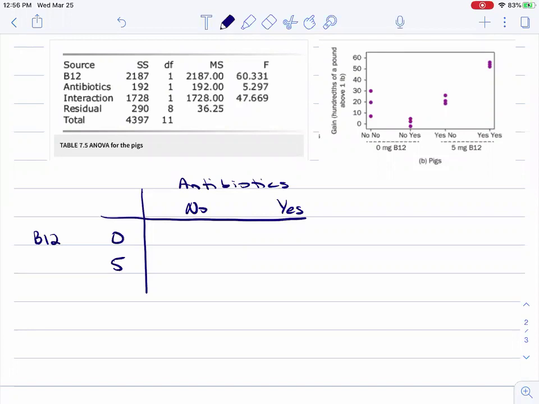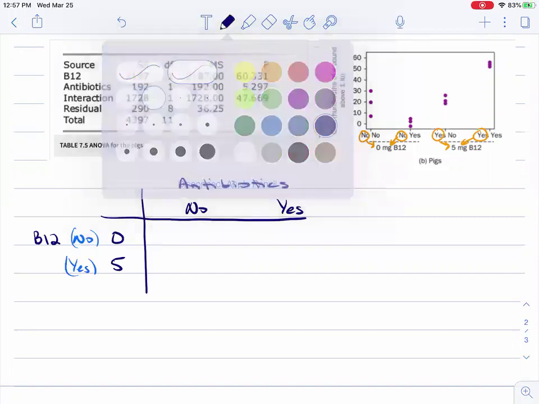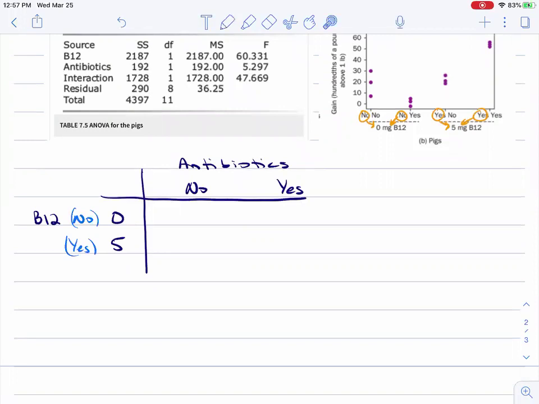No, no, no, yes. What are these? Oh, I'm just halting because this no and no are referring to no B12. Yes and yes are referring to yes, there is B12, right? And so here we could call this no, and yes, they get B12, and it happens to be 5 milligrams. Okay? And so here, because we've got this interaction going on in here,